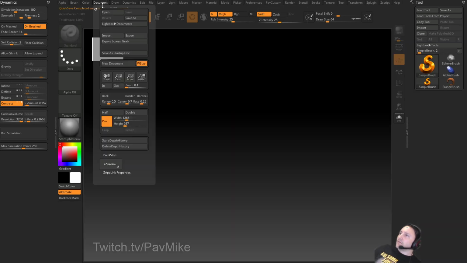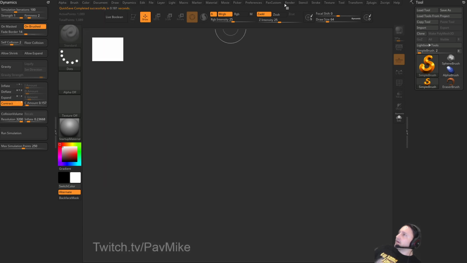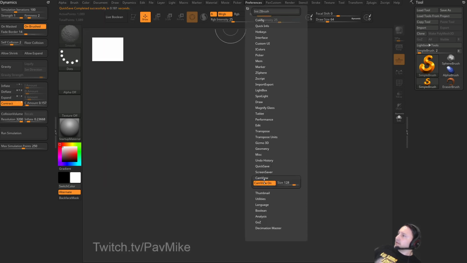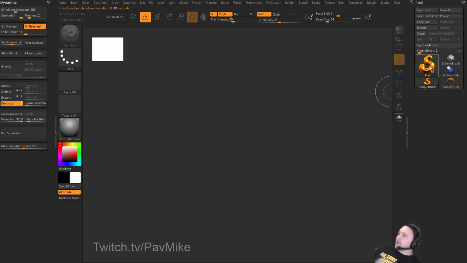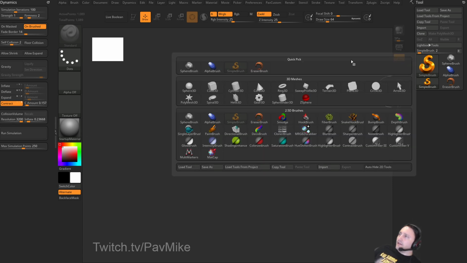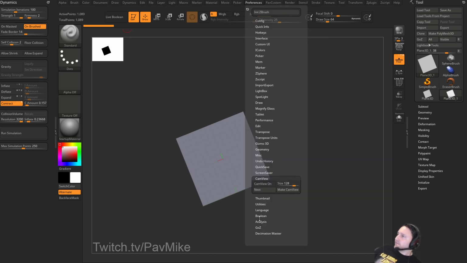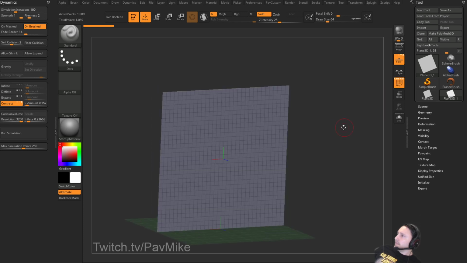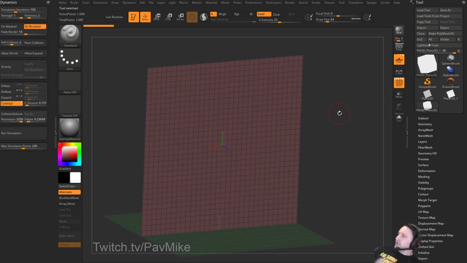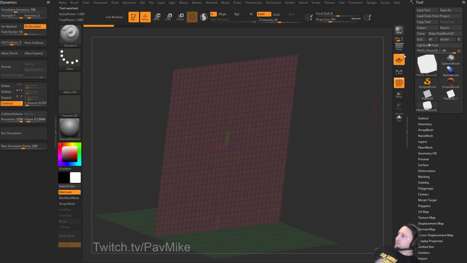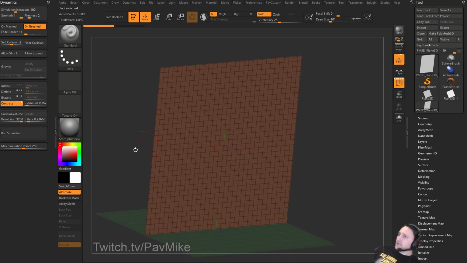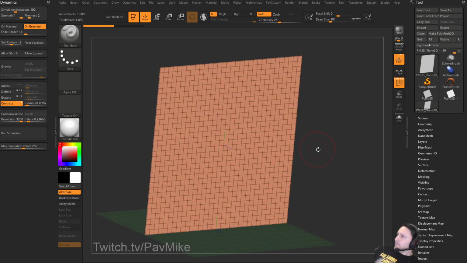Go over here to document and just grab a range here. Turn off my cam view. There we go. So now let's see. Plane 3D edit. Thumbnail. Make polymesh 3D, and then we have our 1 division plane. I'm going to go ahead and turn that off here. Okay, so